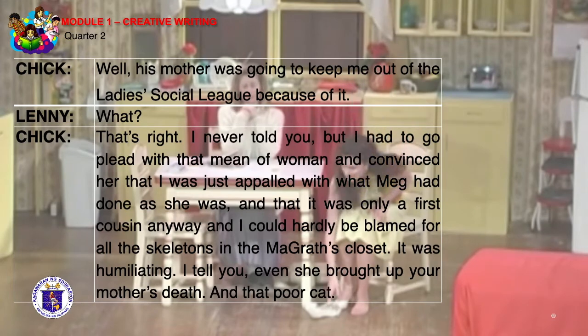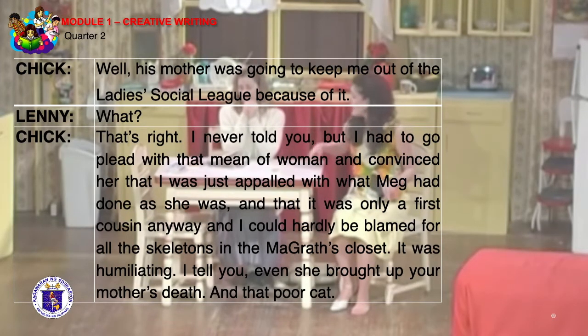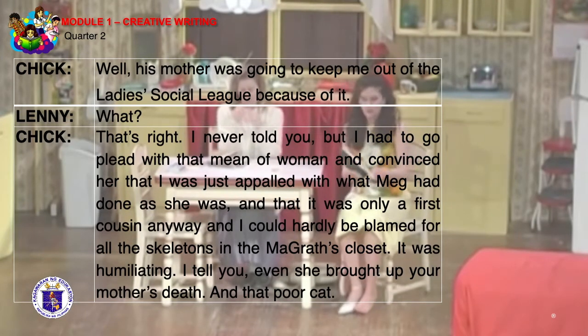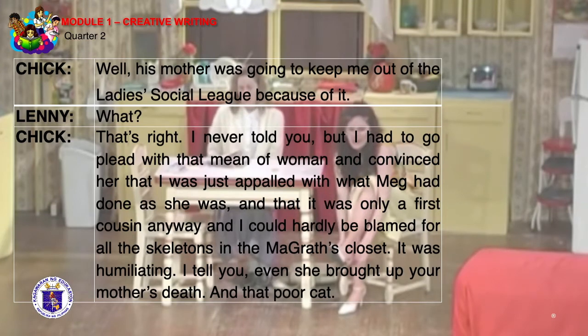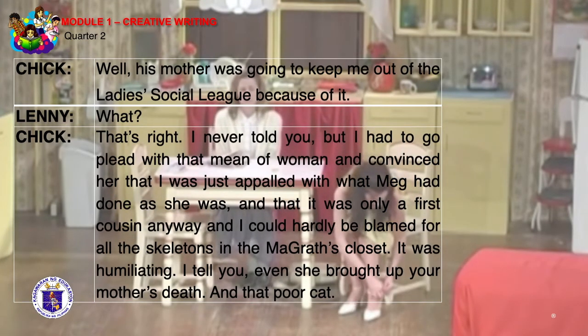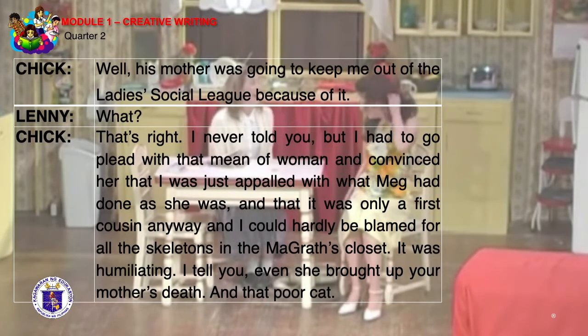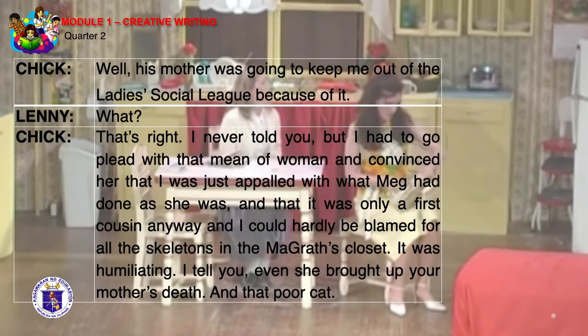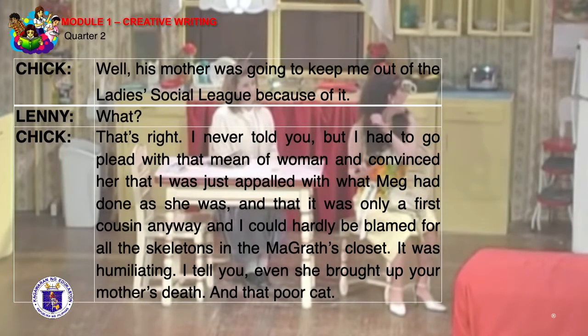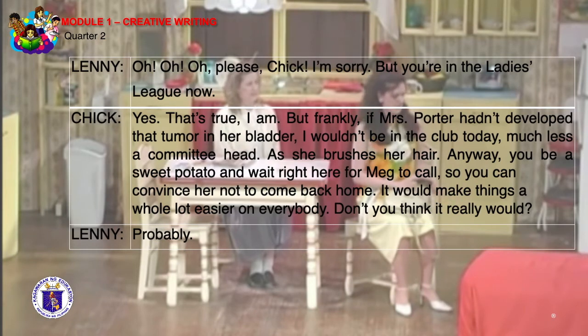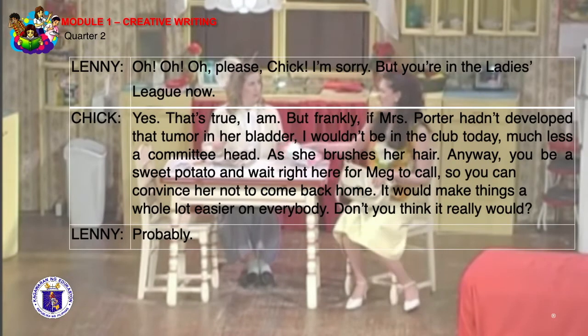"Well, his mother was going to get me out of the Ladies' Social League because of it." "What?" "That's right! I never told you, but I had to go plead with that mean woman and convince her that I was just a pal to what Meg had done, and that it was only a first cousin anyway, and I could hardly be blamed for all the skeletons in the McGrath's closet. It was humiliating, I tell you. She even brought up your mother's death, and that poor cat." "Oh, please. Chick, I'm sorry, but you're in the ladies' league now." "Yes, that's true, I am. But frankly, if Mrs. Porter hadn't developed that tumor in her bladder, I wouldn't be in the club today,